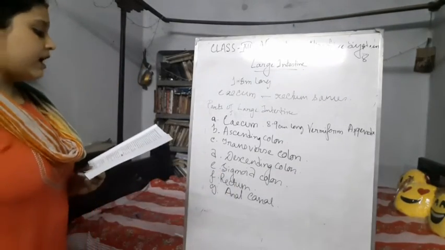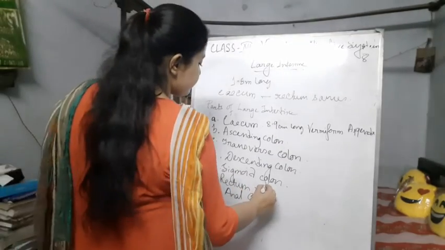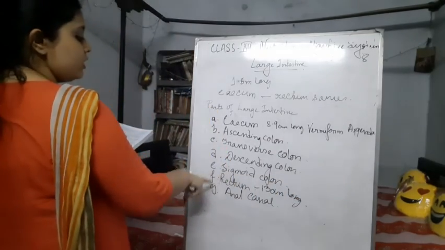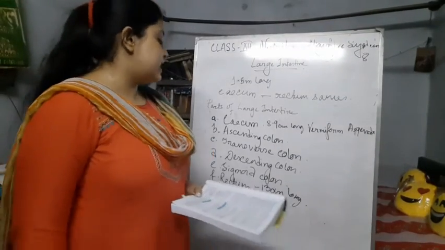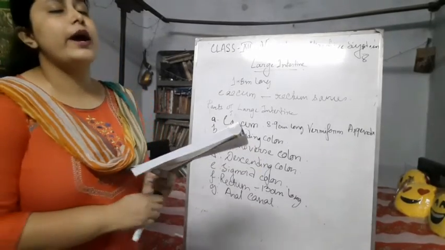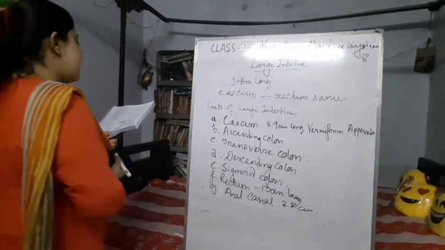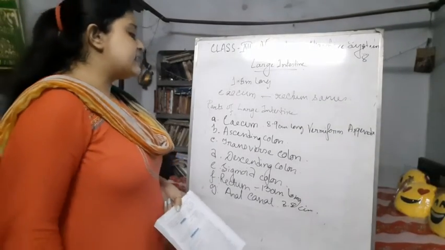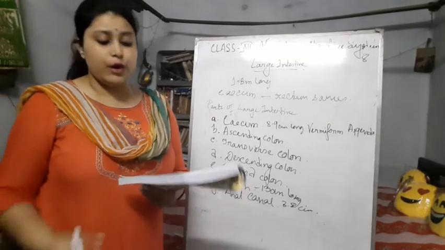The rectum is a slightly dilated section of the colon. It's about 13 centimeter long, and it leads from the sigmoid colon to the anal canal. The final part of this GI tract is the anal canal, a short passage about 3.8 centimeter long in adults, which leads from the rectum to the exterior. By this canal, the undigested food comes out from our body.